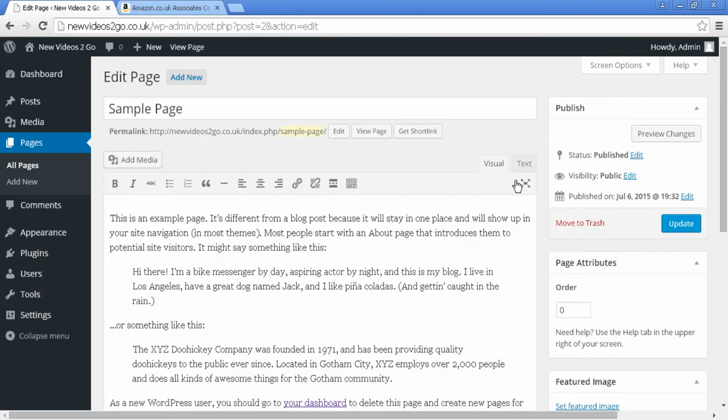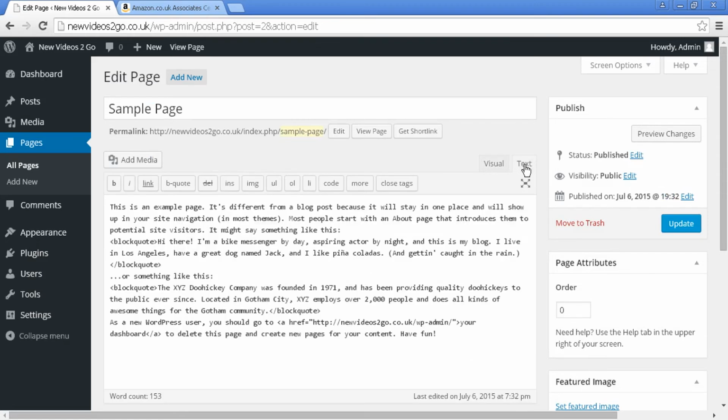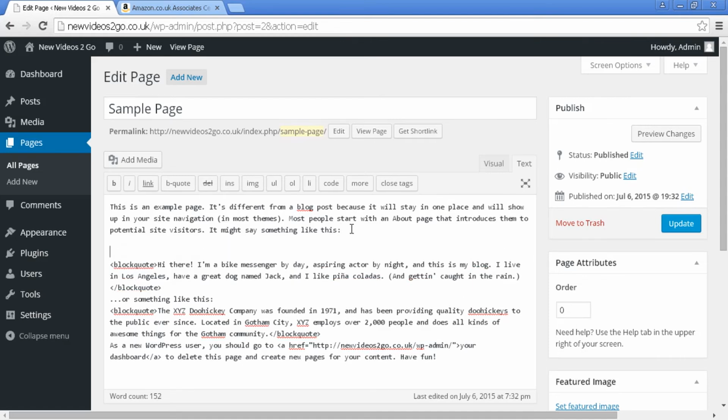You want to make sure that you select the Text tab, like that. And then what you can do is simply paste the HTML code in here. I'm just going to put it in between the first and second paragraphs because that's been proven to be the most effective place to put a banner or an AdSense ad or something like that. So I'm going to paste that in